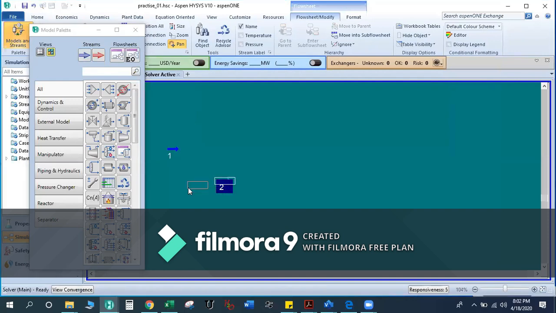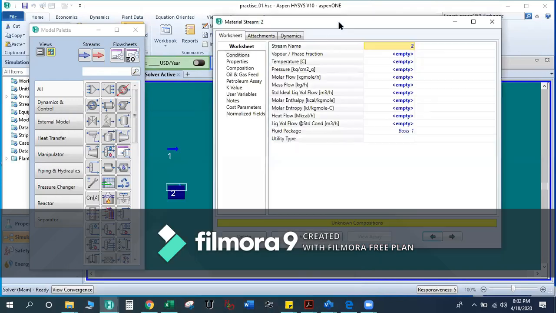We have one more stream, and we know that all the conditions of this stream will be the same as stream 1. So rather than defining the temperature, pressure, flow and composition like we did for stream 1, we will use define from stream.